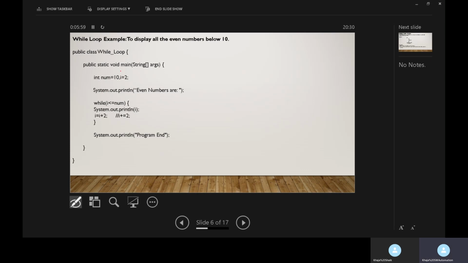Even numbers are nothing but 0, 2, 4, 6, 8, and 10. 0 is also an even number. So these all are the even numbers below or equal to 10.